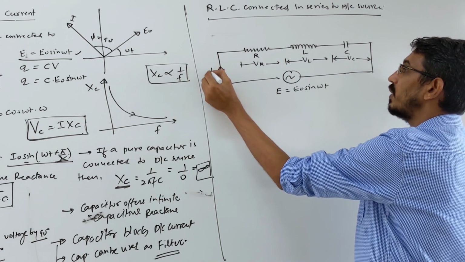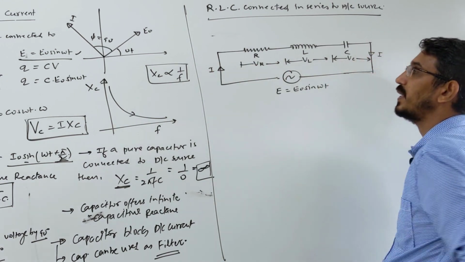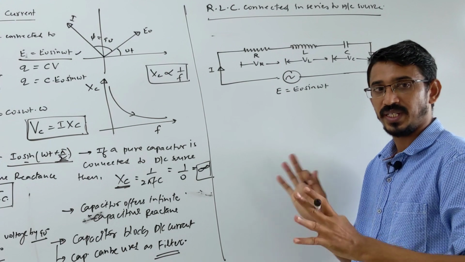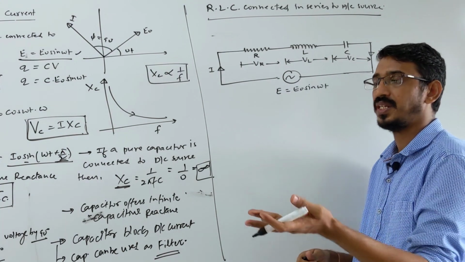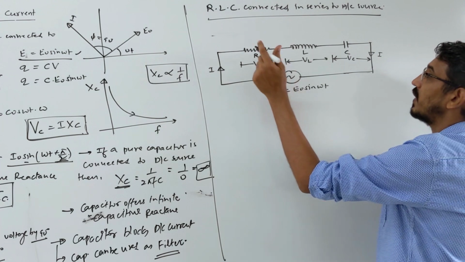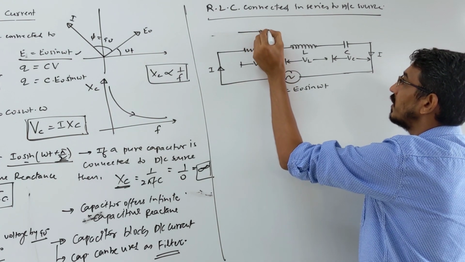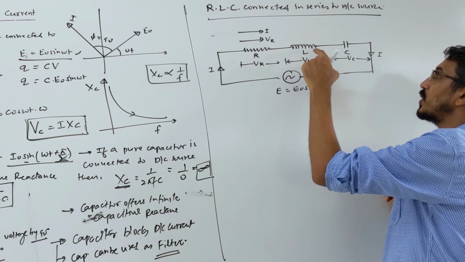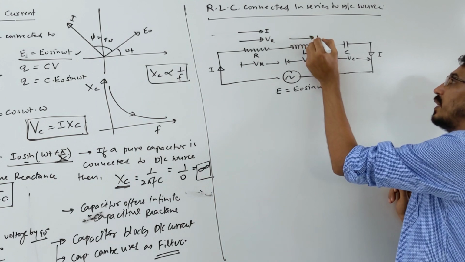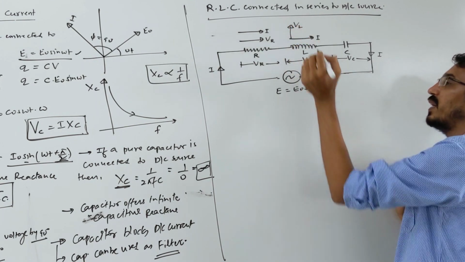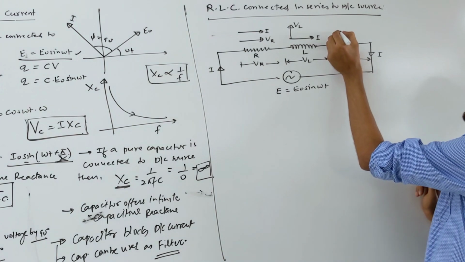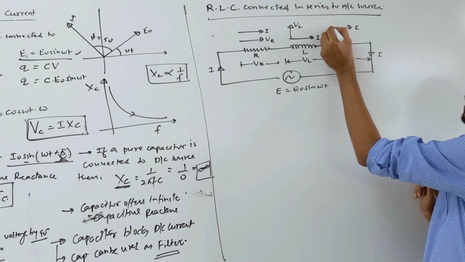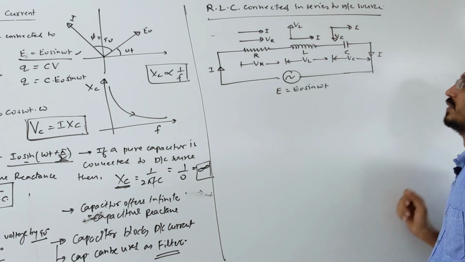The current flowing through all elements will be the same because they are all in series, right? Now, you have already seen that the current is the same, but the voltage and current relations were different. Somewhere voltage is ahead, sometimes behind, somewhere equal. In resistance, suppose this is the direction of the current, then voltage is exactly in the same direction, VR, there is no phase difference. But here, suppose this is the direction of current I, then voltage VL will be ahead, correct. And here, suppose this is the direction of current, then voltage VC is behind, correct.